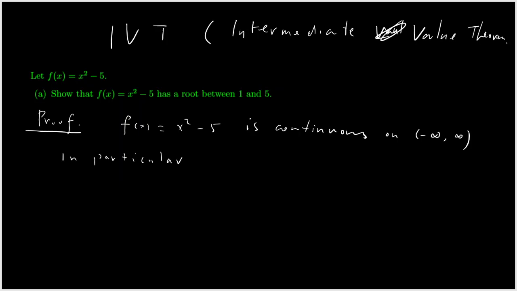Okay, the function is continuous at any real number. In particular, the function is continuous on the interval from 1 to 5. So do you see the key numbers 1 to 5? Okay, mention the continuity condition. Okay. Moreover,